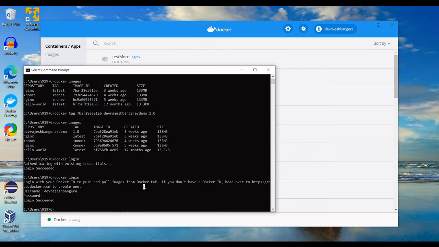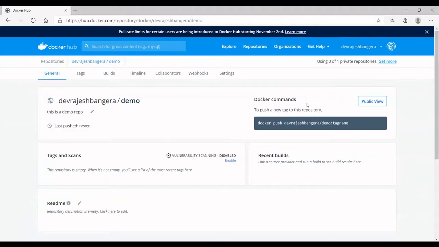The command for pushing a Docker image to the Docker repository is simply docker push. Here we go. Also, I just wanted to highlight that we can get the docker push command from our repository too. Let's go there. This is our repository and this is the push command we need to use. It says docker push, my username slash repository name, colon tag name.